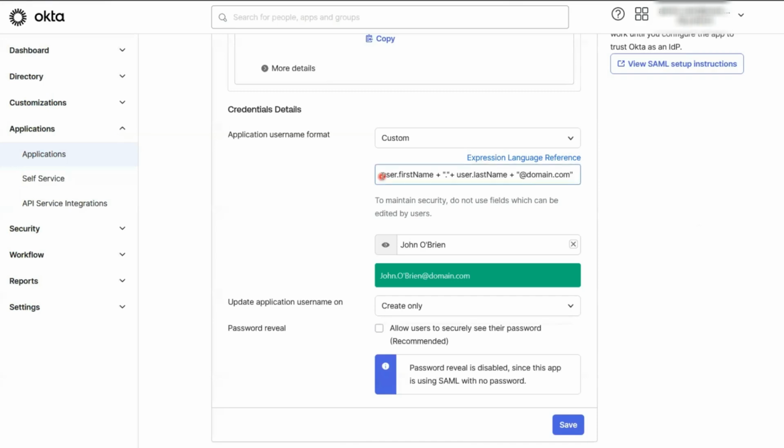Imagine you have a user's first and last name like John O'Brien, and you want to create an email address in the format firstname.lastname@domain.com. In our example, we'll be working with this format: user's first name plus user last name plus @domain.com. In John O'Brien's case, it would initially look like this: